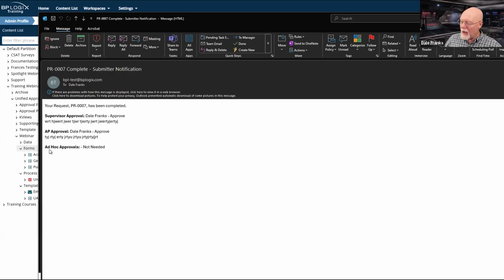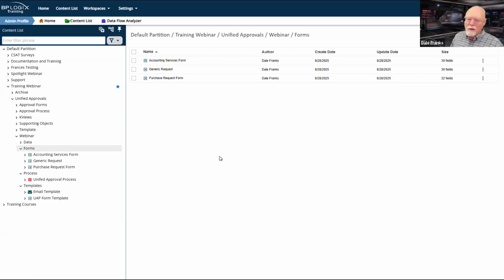So I have successfully configured my notifications to work for this process for every type of activity. It's tedious and requires a lot of configuration, as we've spent an hour and 21 minutes doing, but it's possible to come up with very specific email templates within a single message simply by showing and hiding various embedded sections. And so now we have a working email template for our multifunctional cross-function request form.